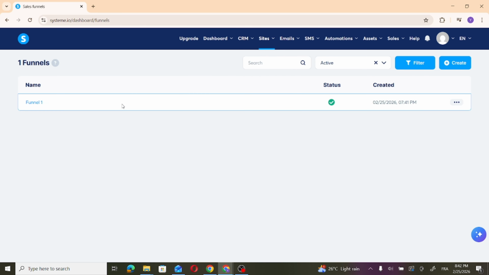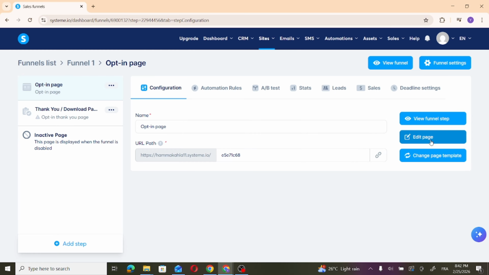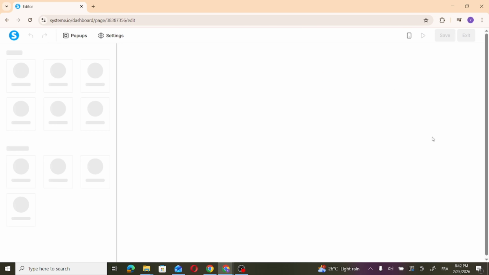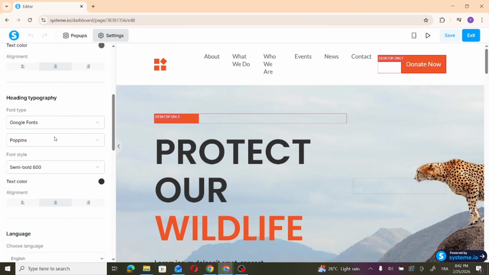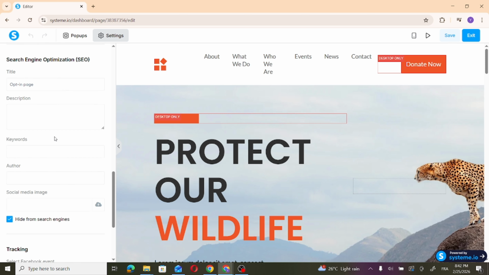Now choose the funnel that you want to remove the watermark from and then press on it. Now you need to press on Edit Page. Then inside the settings, scroll down until you see